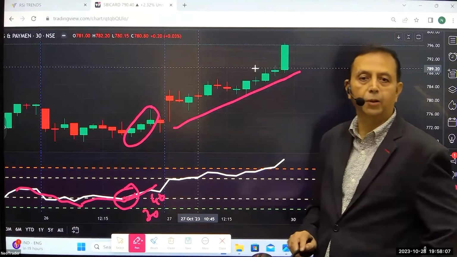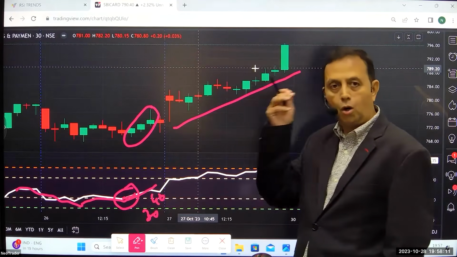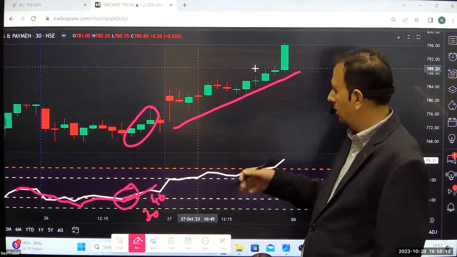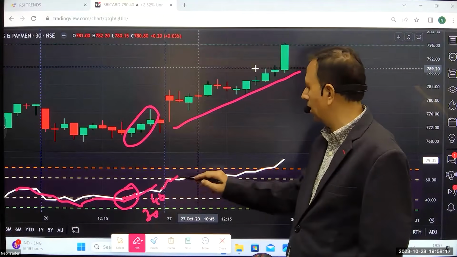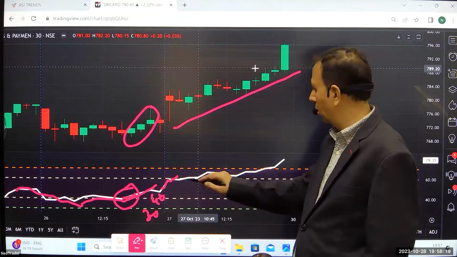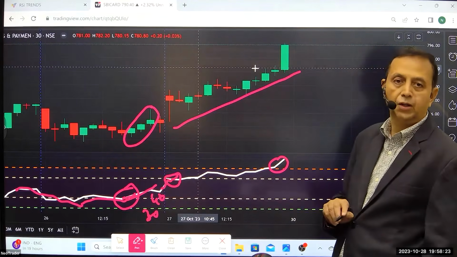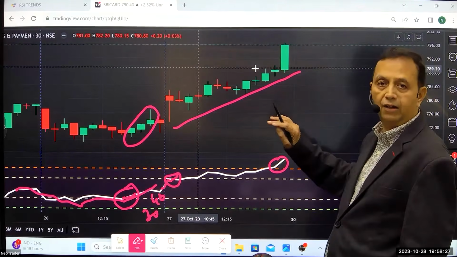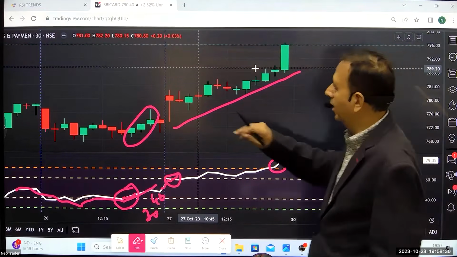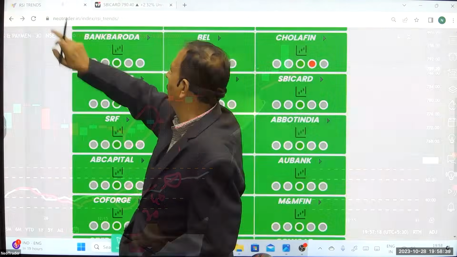I hope everybody is able to see this. And this is the action which got caught in Neotrader. And then this came up and then it has started going up further. Now it has crossed 60 and now it has crossed 70 levels. So there are various levels which have been caught. And in the case of RSI trends,